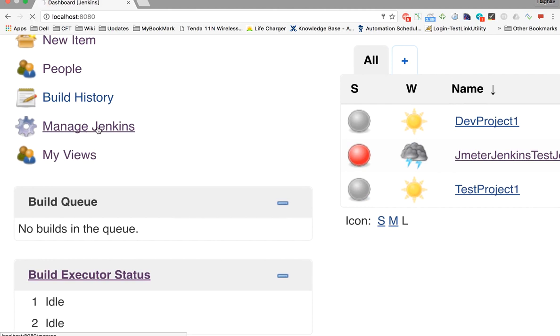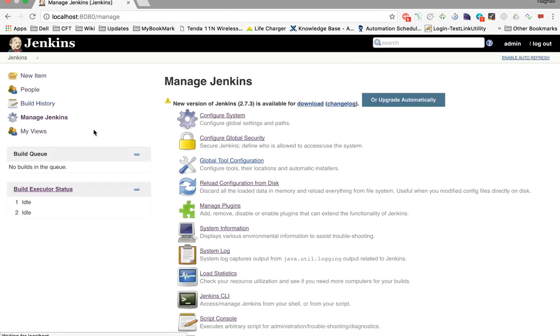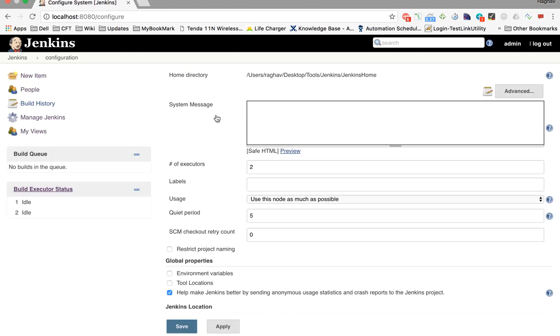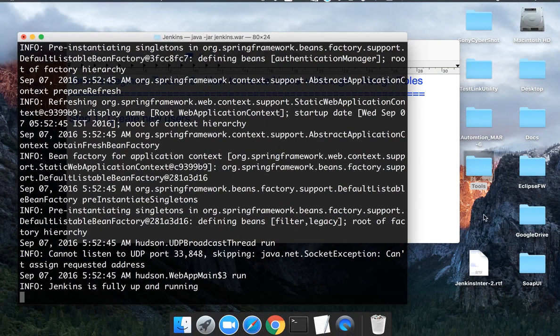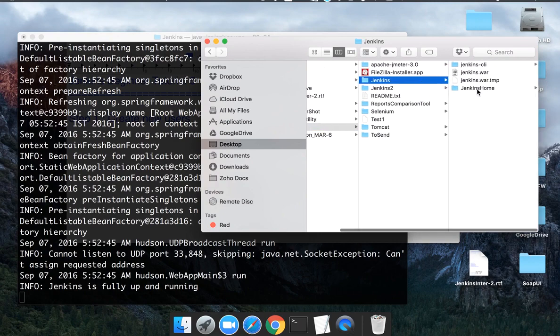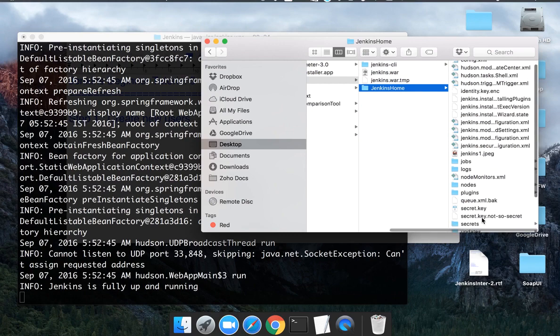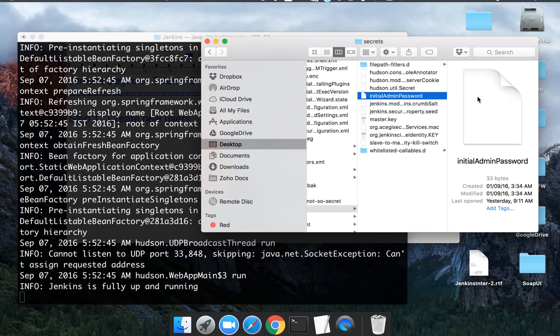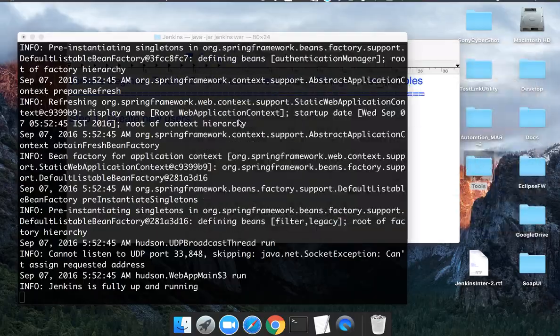your admin password, but you can go to manage Jenkins and go to configure system, and here you can see your home directory of Jenkins. So inside your home directory you will have a secrets folder. So in my case my home directory is here inside Jenkins. This is my home directory, and inside the home directory you will have a folder called secrets, and then you will have a file called initial admin password. So you will get your admin password here in case you do not know it,